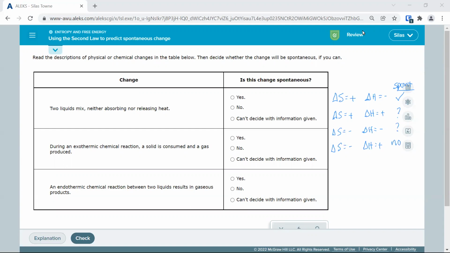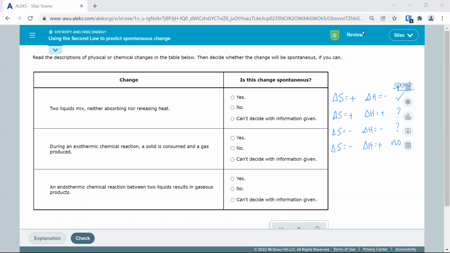Now, entropy, remember, we determine by what's going on in the reaction. If things become where they're moving faster or more separation, entropy increases. So that would be a solid to a liquid, or a liquid to a gas, or a liquid to a solution is an increase in entropy. So those are the type of things we're going to look at. And then we're going to look for those words exothermic, endothermic, or releasing or absorbing heat. Okay, so let's look at this.